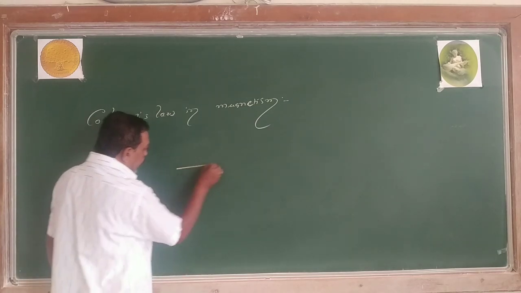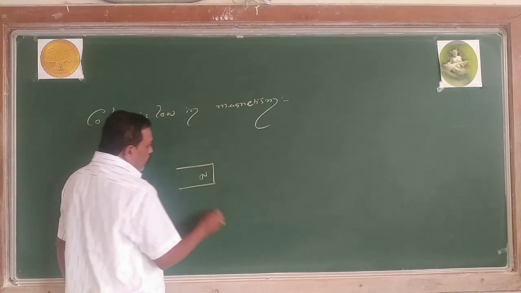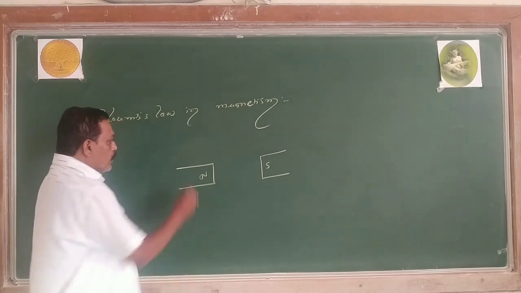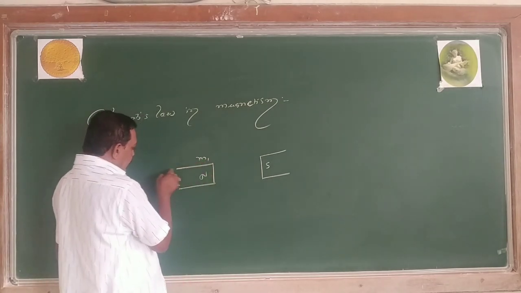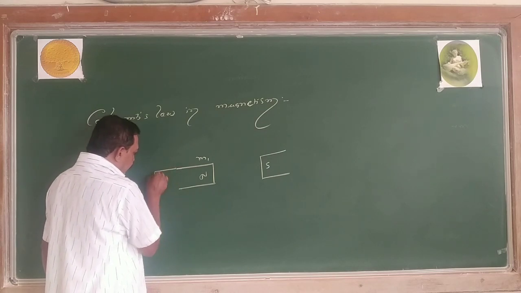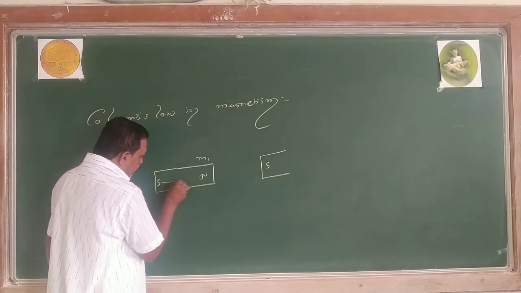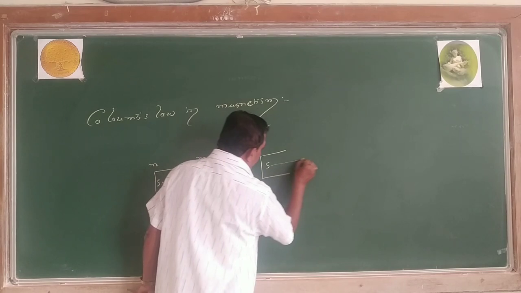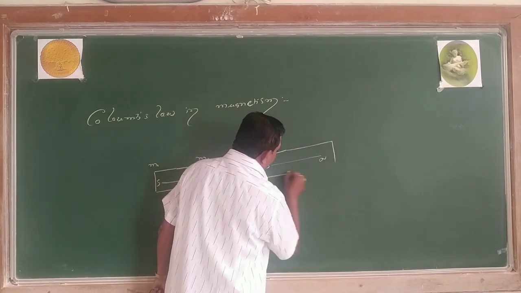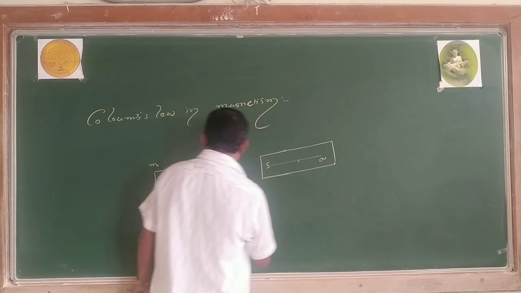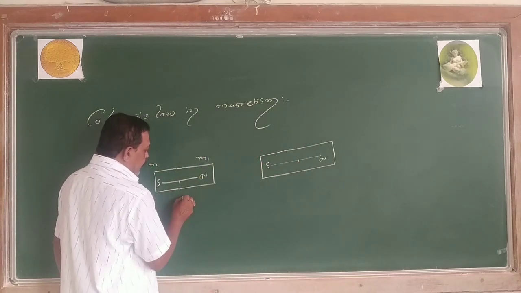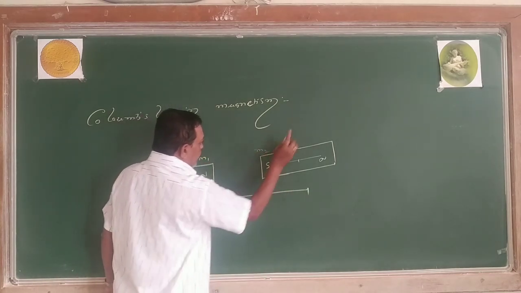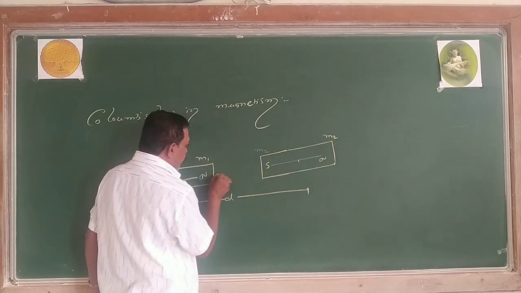If I take the magnet, this is the north pole and this is the south pole. I take two magnets, and each magnet has its own pole strength. Pole strength for the first magnet is M1. Always, a magnet exists in the form of what? A pair of poles. So, south, north, center. Separation distance I take as D, and there is a pole strength M2, and there is a force of attraction.